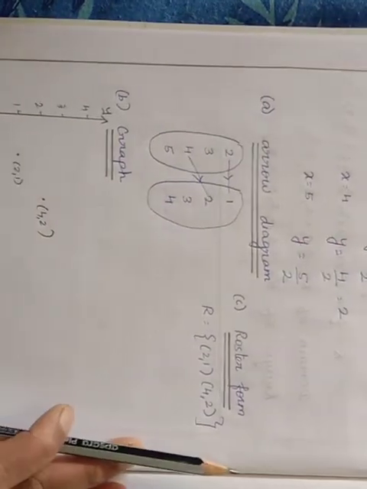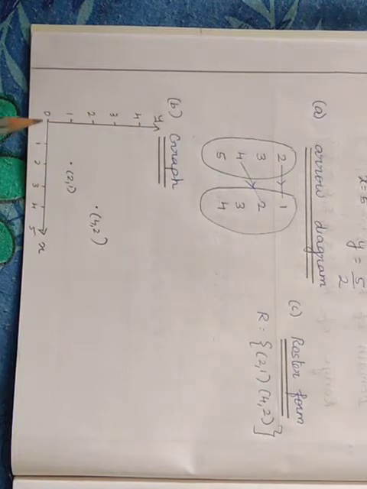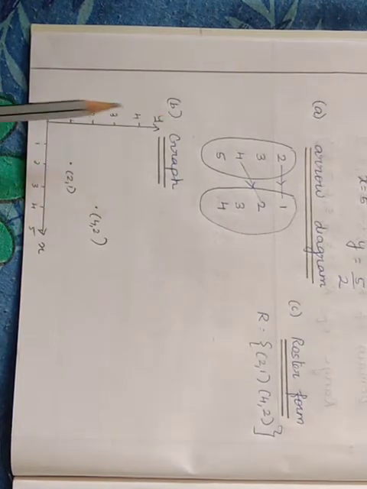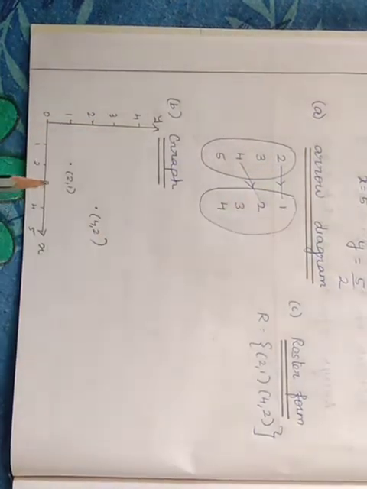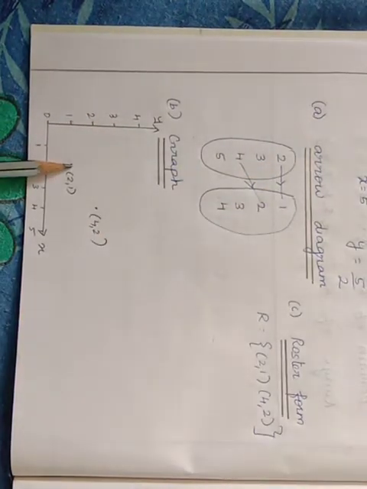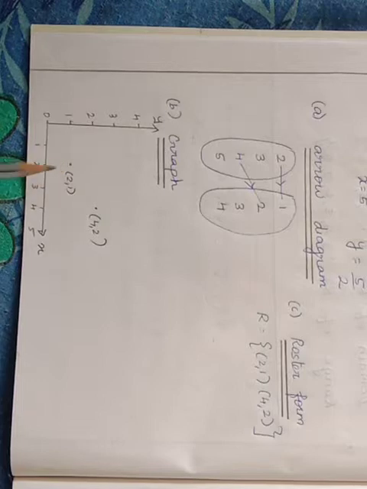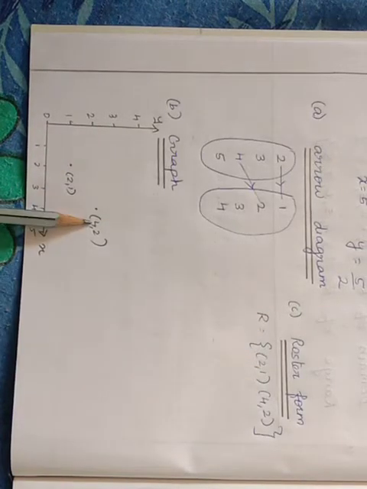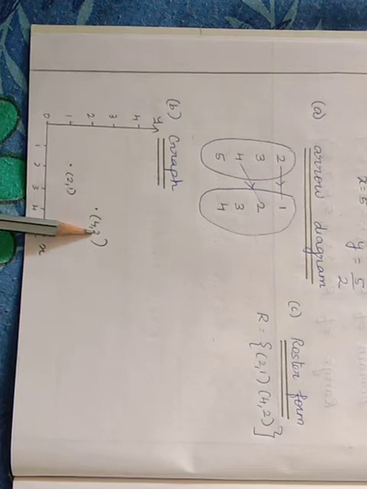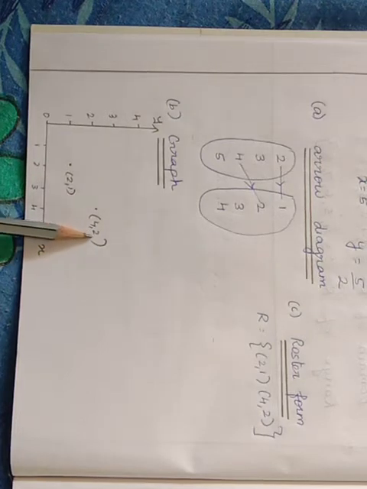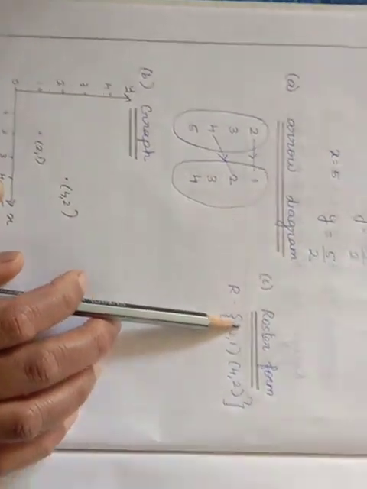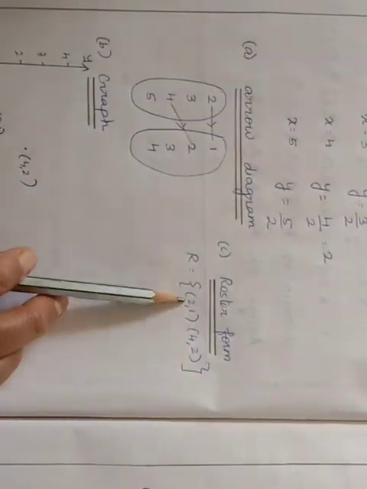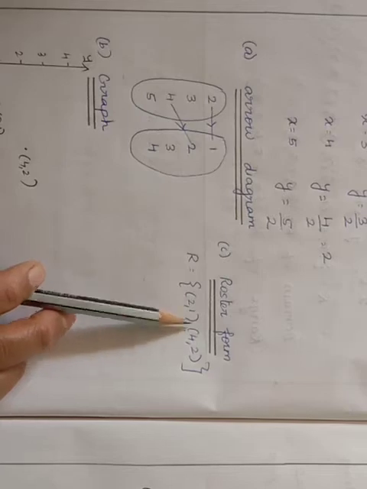Next, the graph. You have to draw the graph with the measurement given in the scale. You don't write your own measurement. So the first point is (2, 1). Here in the x-axis we have to see 2, and in the y-axis we have to see 1. Next we have (4, 2). In (4, 2), the first number represents the x-axis and the second number represents the y coordinate. Now we'll find the roster form. R equals {(2, 1), (4, 2)}, so 2 is mapped to 1 and 4 is mapped to 2.